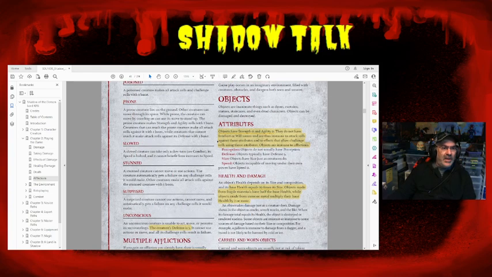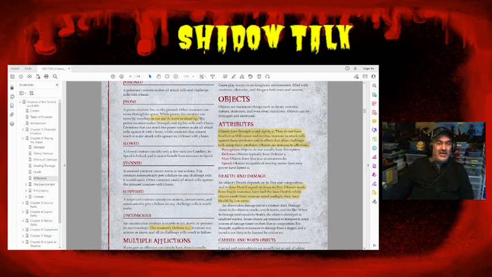A prone creature lies on the ground. Obviously, creatures can move through its space. While prone, the creature can move by crawling or can use its move to stand up. And this is important here: or can use its move to stand up. This comes up a lot, and it's pretty harsh. What that one little statement is stating, I'm a word master here,